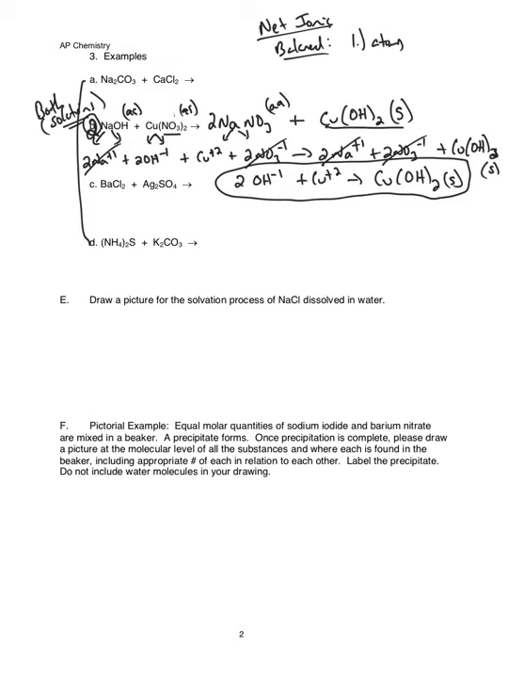Okay, so there's 2 oxygens on the left. There are 2 on the right. There are 2 hydrogens on the left. There are 2 on the right. There's a copper on both sides. The atoms are balanced. The second new thing now that we have to be careful of is